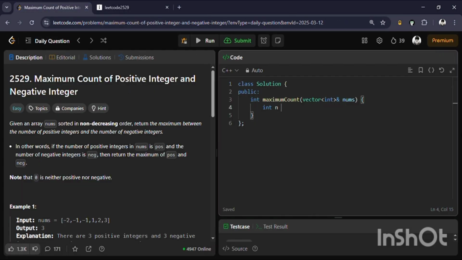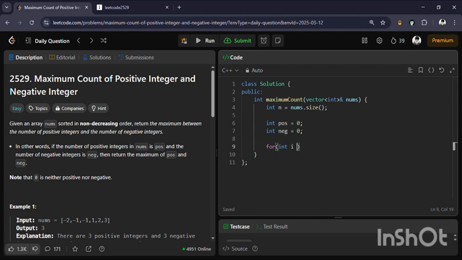First, store the size of nums, nums.size. Now create two variables: int pos equal to 0, which will store the number of positive integers, and another variable called neg equal to 0, which will store the number of negative integers in nums. Now traverse the array. Int i, or you can use a for each loop. Let's write a for each loop: for int num in nums,